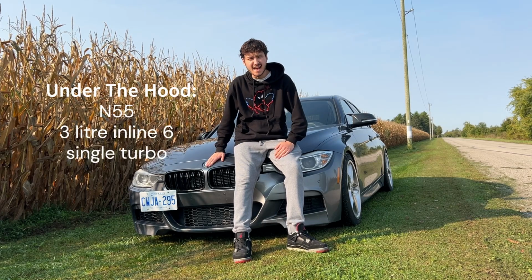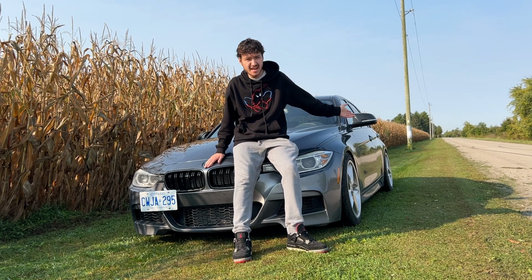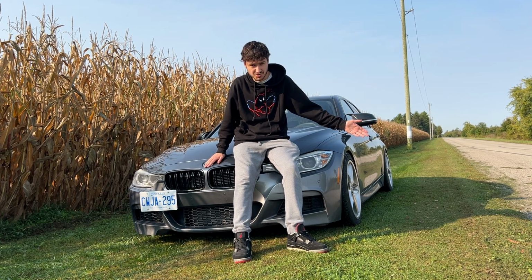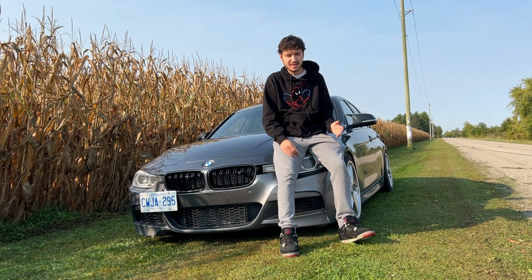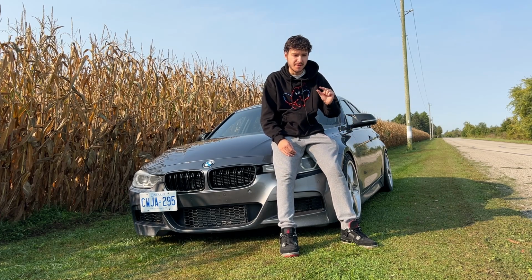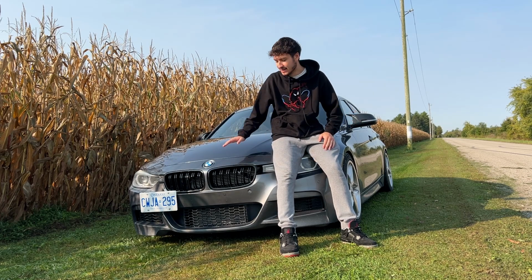Under the hood is the F30i, a 3-liter single turbo straight 6. It's connected to the ZF8 automatic 8-speed transmission, and this one is an X-Drive. This car, being a 2014, means it is an EWG model, meaning the wastegate is electronic. This allows for a little more power than the previous PWG or pneumatic wastegate model and allows for better boost